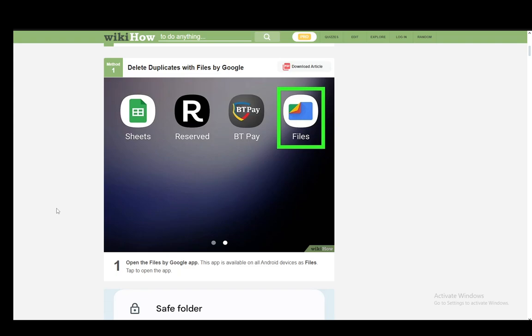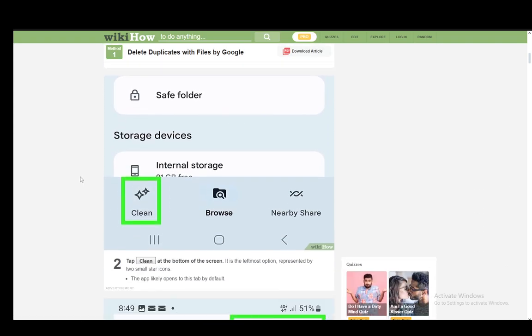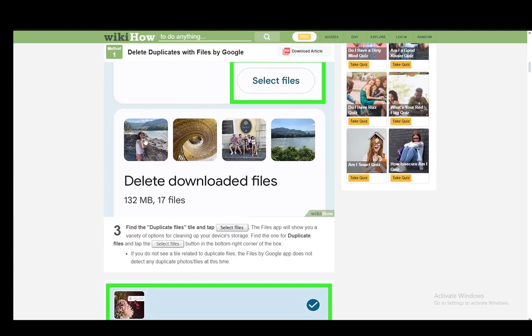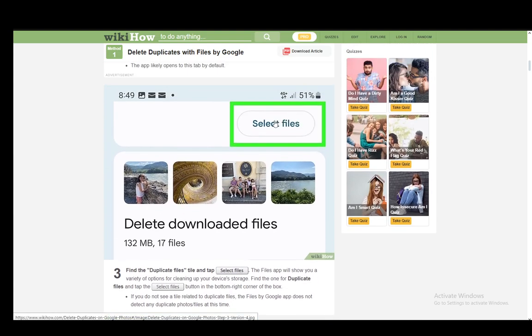Firstly, of course, you need to enter the app, and once you're in the app, you have the option to click the clean button, and that is what you need to do. It is at the bottom of your screen. The leftmost option is the clean button, so you just need to click that, and from there, you just need to go and click select files. You can find the duplicate files tile and tap select files, and from there you can just select the duplicates